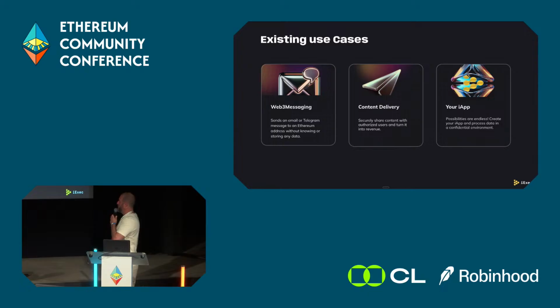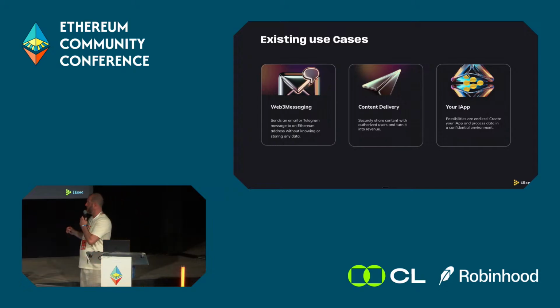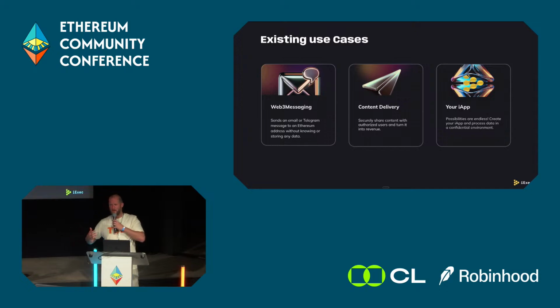We've got some existing use cases, really interesting. We've got Web3 messaging. It's a way to send an email or Telegram message to an Ethereum address without knowing or storing the email or the Telegram handle. That's pretty cool. Content delivery is a way to transfer data and monetize data within the Web3 ecosystem. Imagine I've got my legal or health personal data. I would be able to protect my data and monetize it to someone. Like, you want to train your AI model with my private data, you could do that without seeing my data,